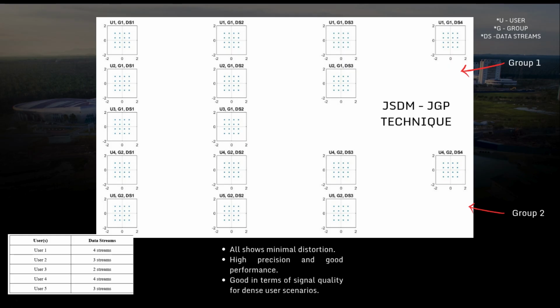For the JSDM technique, which is the JGP technique, we can see minimal distortion because of the high precision and good performance. JGP offers higher spectral efficiency and better signal quality. Instead of treating groups independently, we process them jointly. So that is the JGP. We can see user 1, user 2, user 3 in group 1, and user 4 and user 5 in